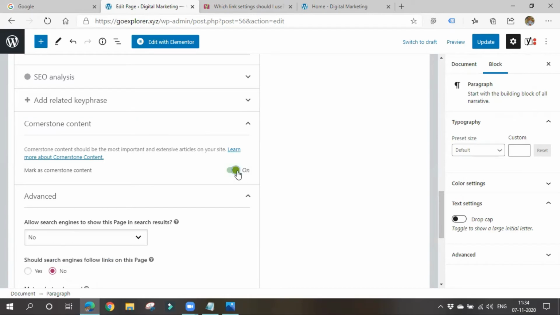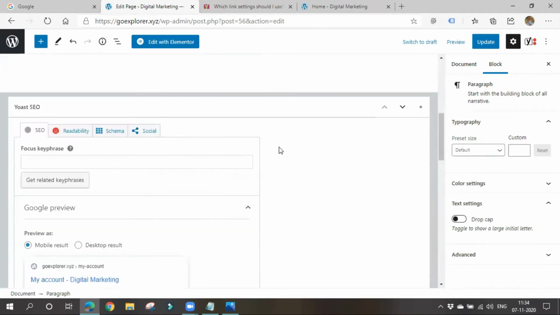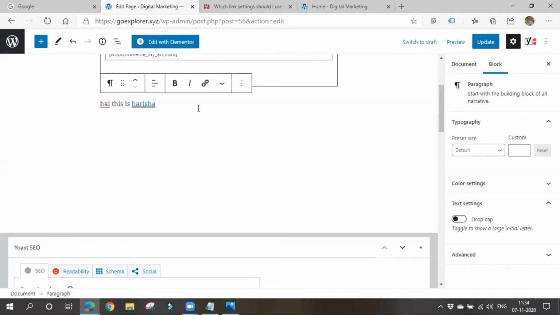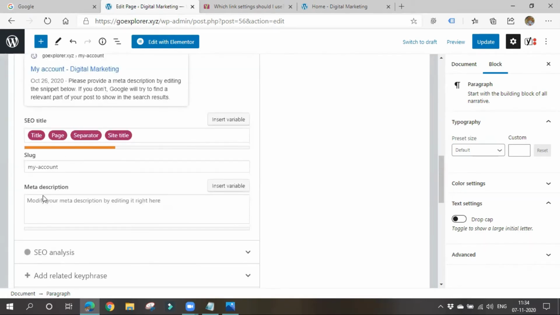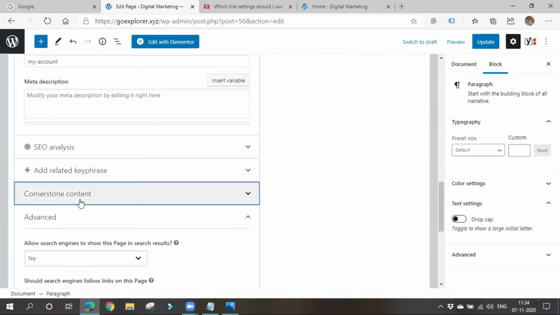If we enable this option as cornerstone content, we are telling Google that the content on this page is very important and valuable. Then if someone searches for your website or business, Google will try to show this page more often. Cornerstone content simply means important content.